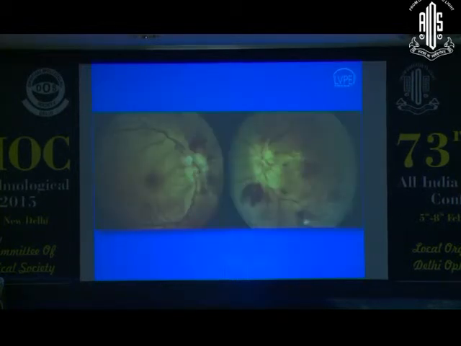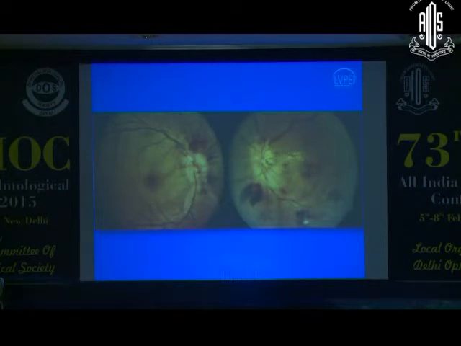This is another example where you have again bilateral true optic disc edema. In addition, you see a lot of hemorrhages and hard exudates, and they are widespread. So this photograph is an example of a basic rule in neuro-ophthalmology, that if you see hard exudates and hemorrhages within 1 disc diameter, then it is indicative of raised intracranial pressure. If it is widespread like this, think of something else, and the commonest cause is hypertensive retinopathy.